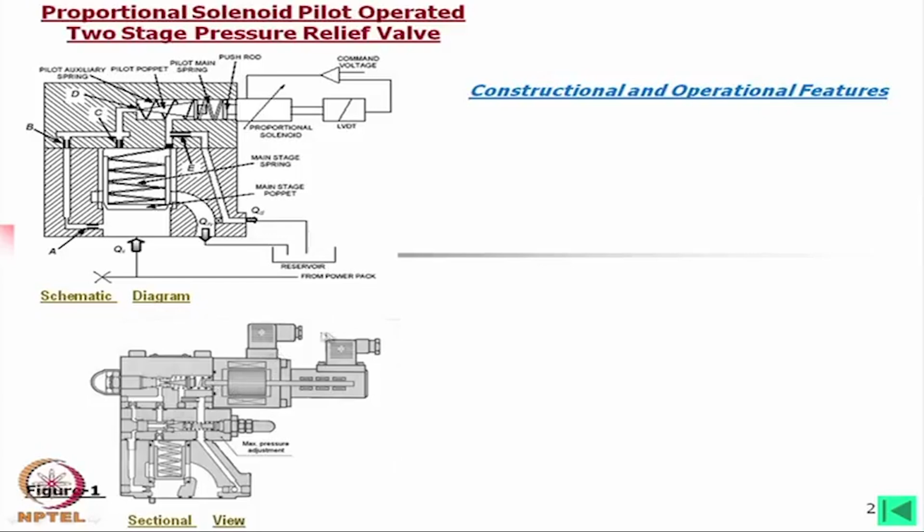Now, this is the input for the current or voltage, whatever it might be, input to the proportional solenoid. So, this will move, this movement may not be linear although the output will be linear, but this will move right and left depending on the input here, and this is the LVDT to record the position